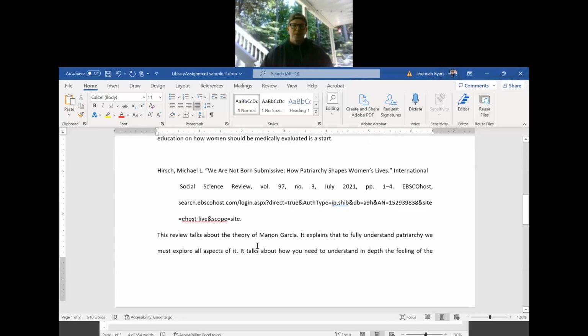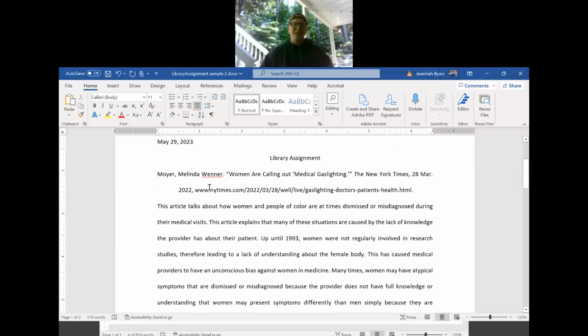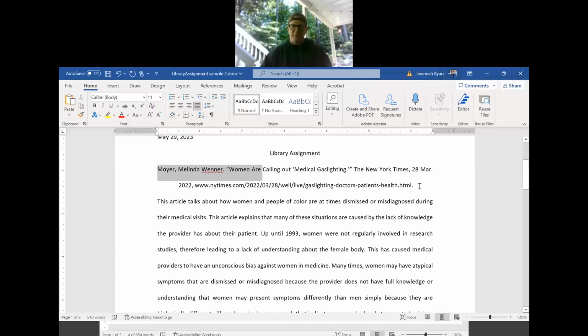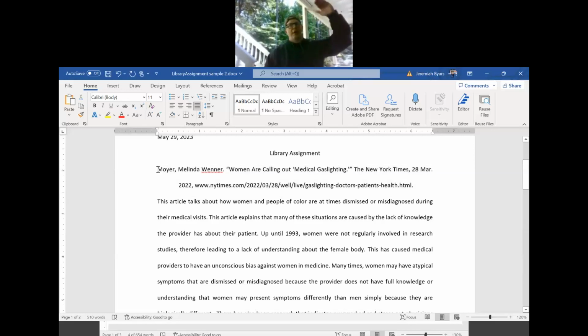Okay, that's correct. Now, let's talk about the arrangement. Some people lost points because, as I discussed in the lecture, I specifically talked about the order in which your citations go in this assignment, and they should not be based on the order of the things you're researching, like gaslighting and weaponization of sexuality. It needs to be organized the way you organize a works cited page, which is based on the first letter of the last name of the authors. It could be alphabetical order. So like M,